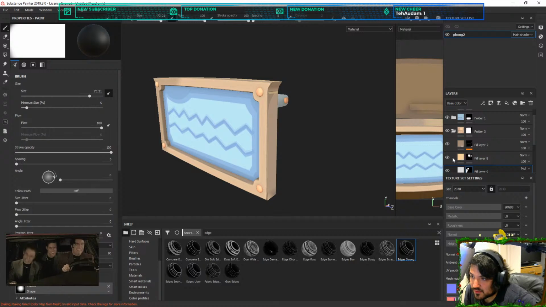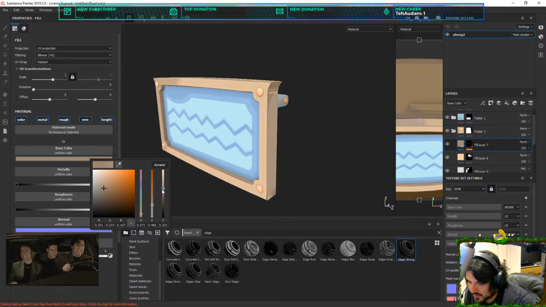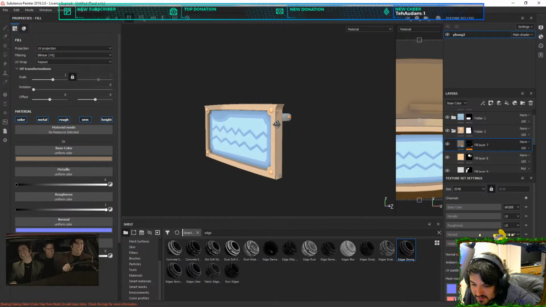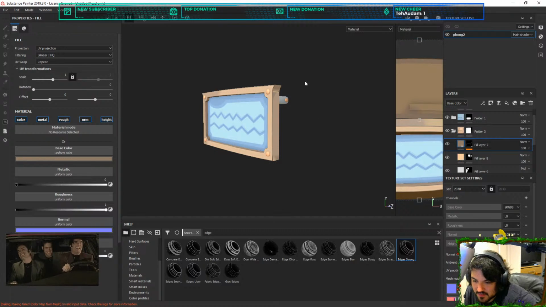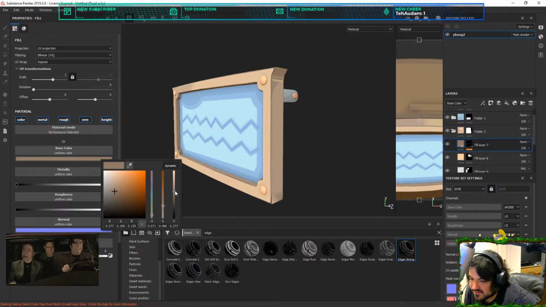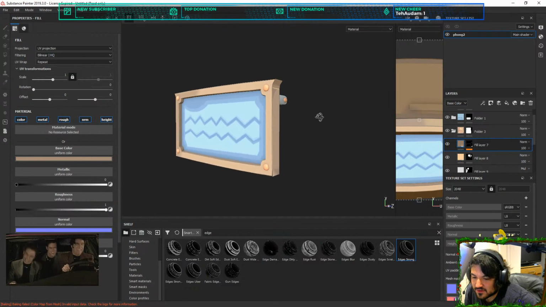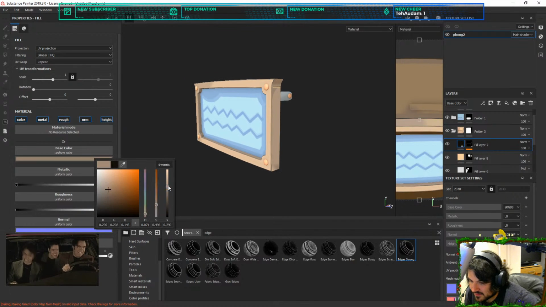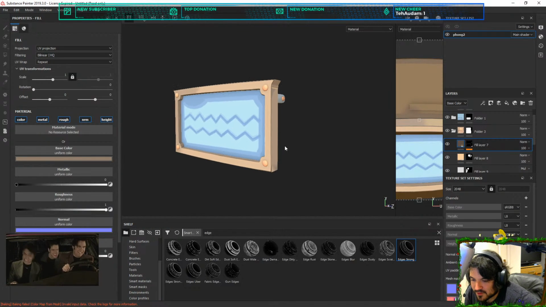Doesn't really look like what I want it to be, though. Maybe I need to make this darker. That looks better. That looks like it's now indented. But the problem is we're getting this hard edge on here now. Either I have it lighter and it doesn't look quite like an actual indent, or we have it darker and it looks like an indent. I can't seem to decide between the two right now. Maybe about there.